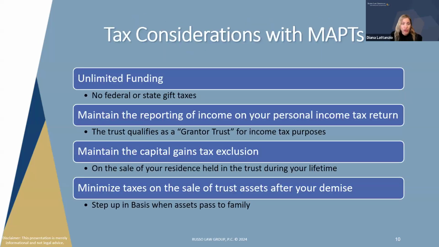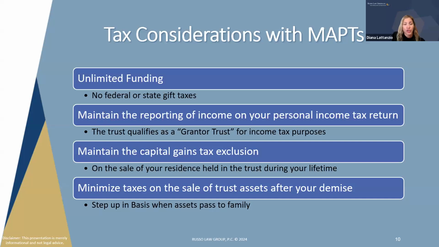There are some tax considerations with creating these types of trusts. One great benefit is that it has unlimited funding options, which means that it can always continue to receive assets at any time, except that you just need to be aware that you may have a stagger in your look back period if you choose to do that. The best way to fund a Medicaid Asset Protection Trust is to put all the assets in at one time when you're actually creating the trust, so that the look back period on all of those assets remains the same, although you can stagger it.